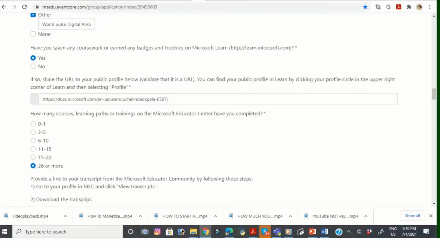Okay, the same thing goes to the MEC. How many courses or learning paths or trainings on Microsoft's Educator Center have you completed? Yes, I've completed 26 or more because I've downloaded the first of all. For you to get this, you have to go to your Microsoft Educator Center. Then you click on your profile, your picture. It will navigate to your profile. Okay, click on